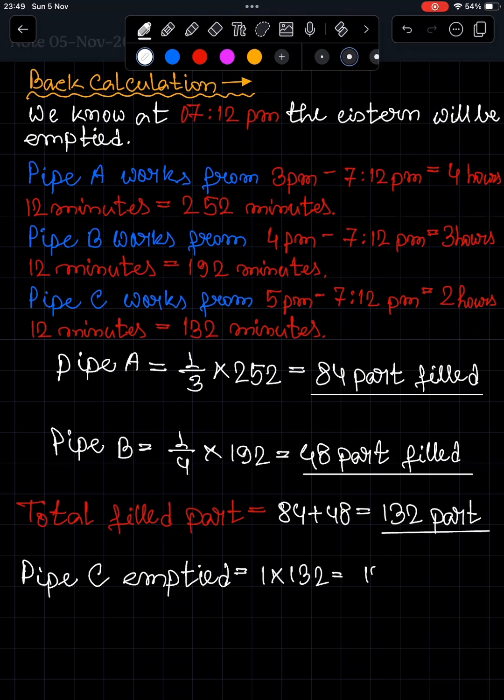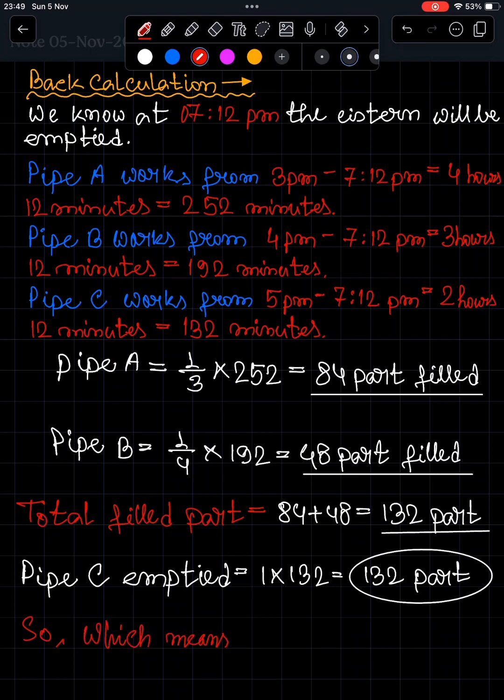That is why 84 plus 48 part is 132 part has been filled up by pipe A and pipe B. It is total time, which means from 3 pm to 7:12 pm at last, and pipe C emptied the tank. The capacity of pipe C is 1 and total working minute is 132, which means 1 into 132 means 132 part. So as you can clearly see here that A and B total filling up portion is 132 part and C is exactly